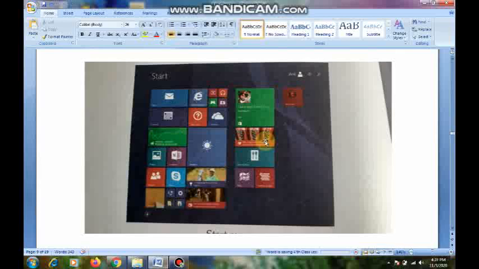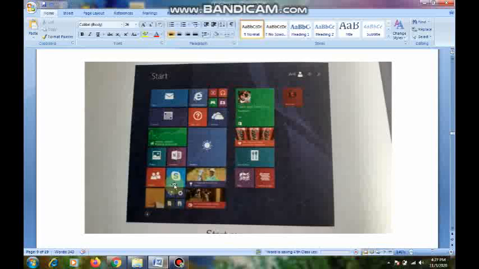See page number 18, start button. The start button appears at the left hand side on the start taskbar. It gives a quick access to open documents. It also gives fast access to Windows applications and other programs on the computer. The start window is displayed when you click on start button. Children, if you observe, here is no taskbar, but where is the taskbar? This bar. This is called the taskbar.